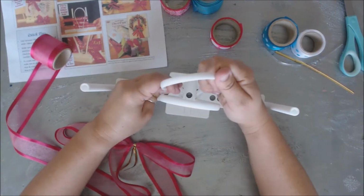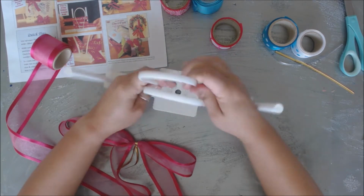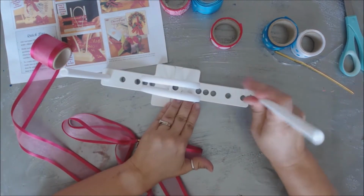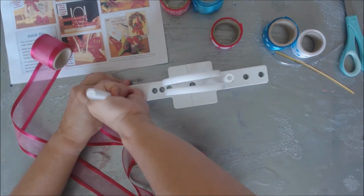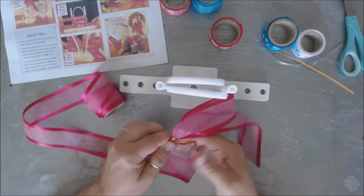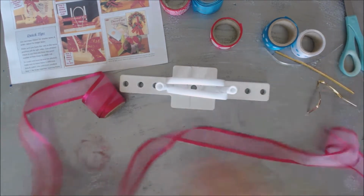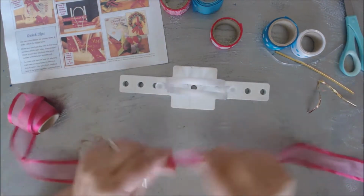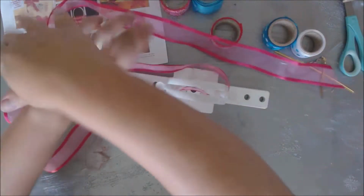Now this is the next part that I want to investigate. Stick this back in here. And I'm going to go back to the smallest width so I don't use a ton of ribbon. I'm going to untie this, and my guess is that the more loops you put in here, so here we go. I'm going to wrap it around,